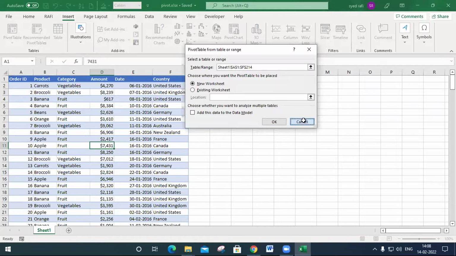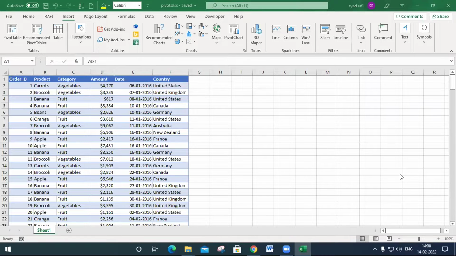I type Alt plus N plus V plus T, and by applying this shortcut we open the pivot table dialog box.